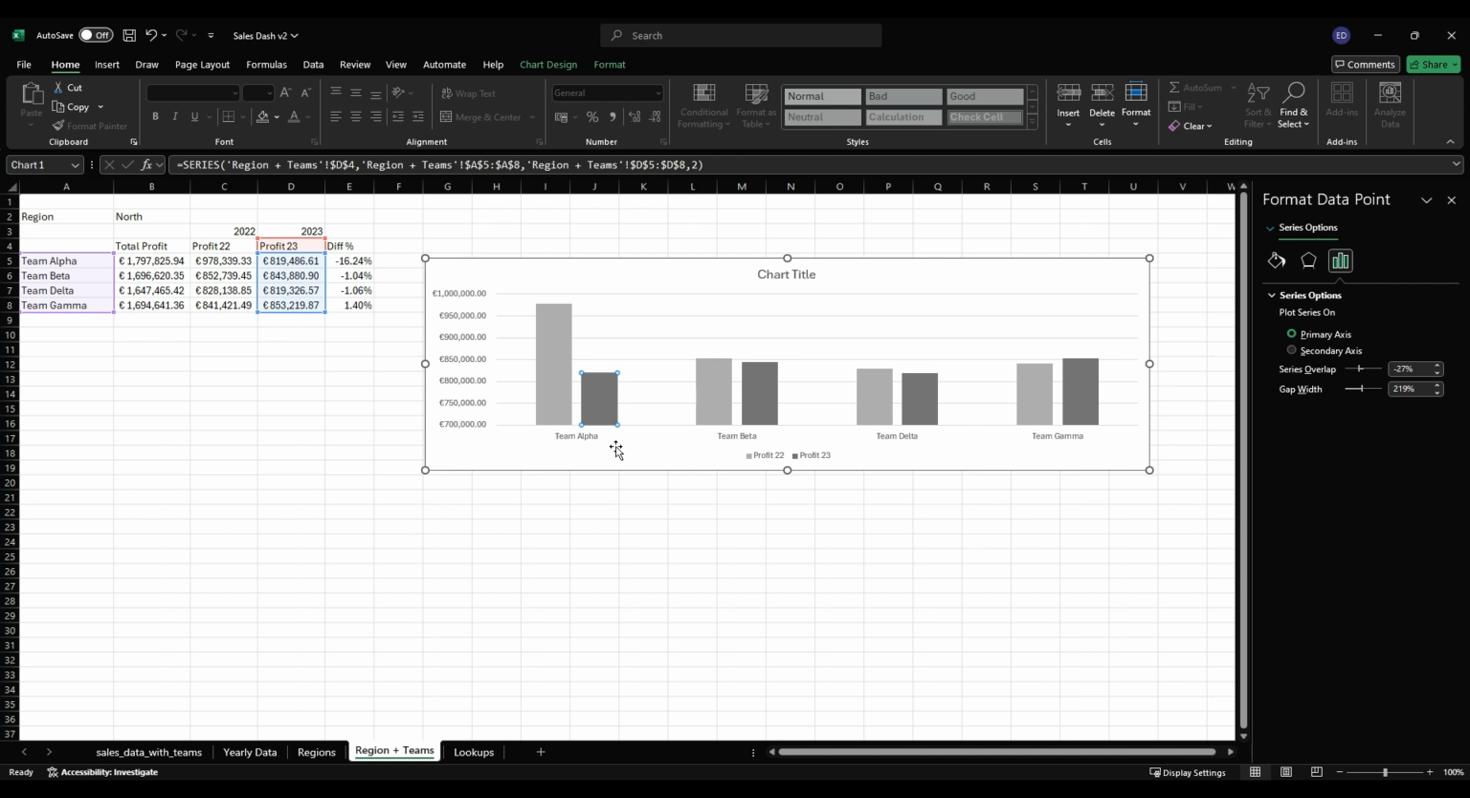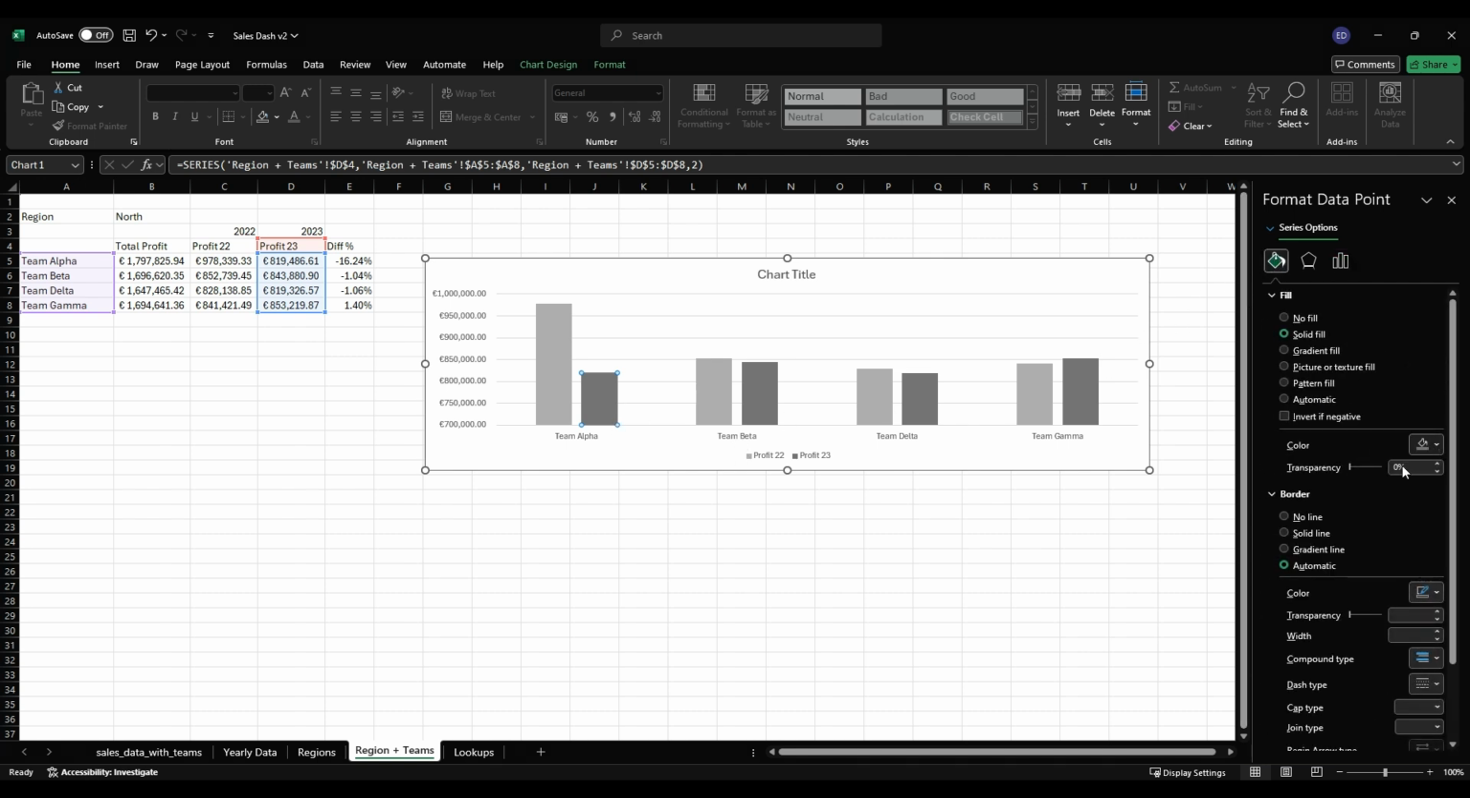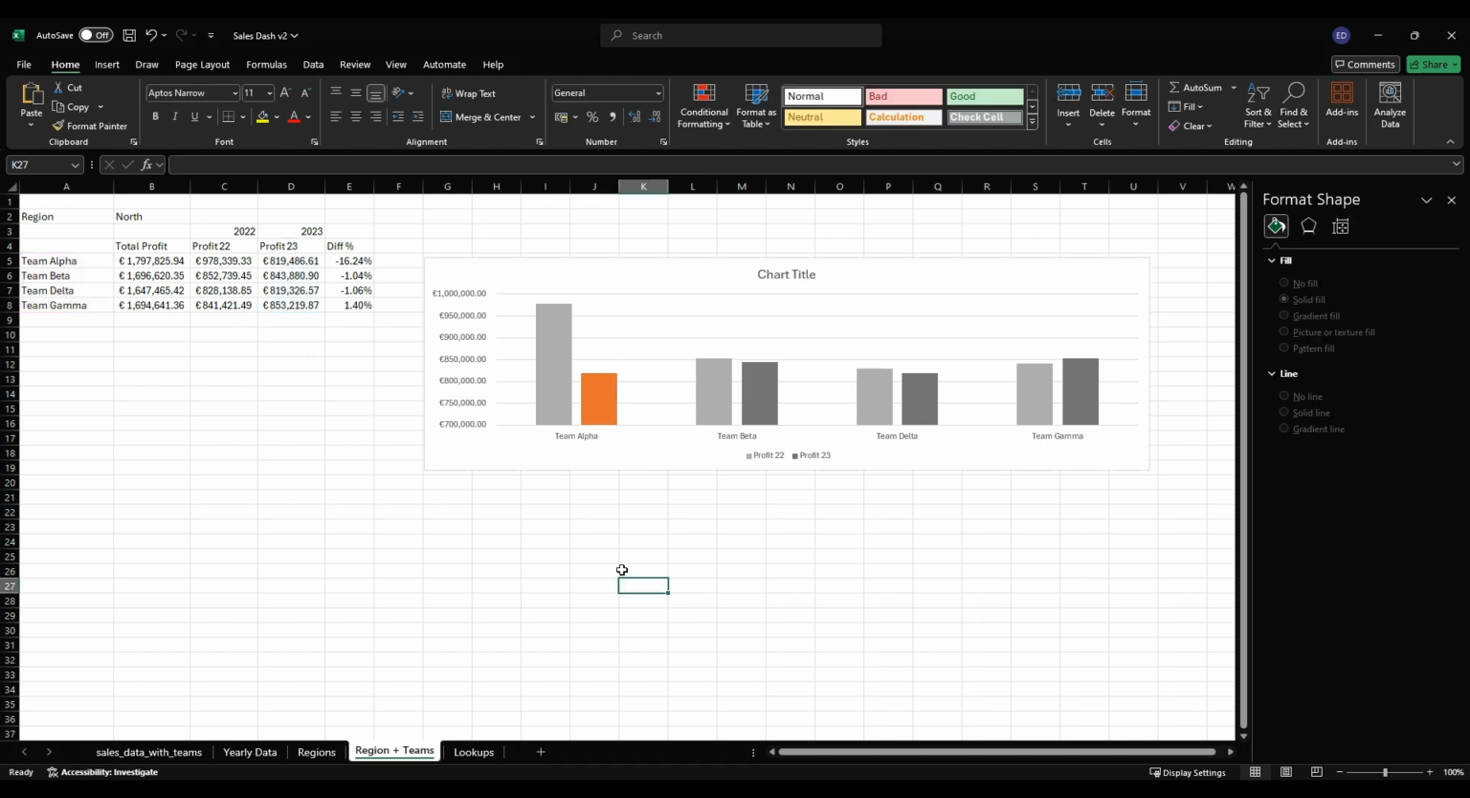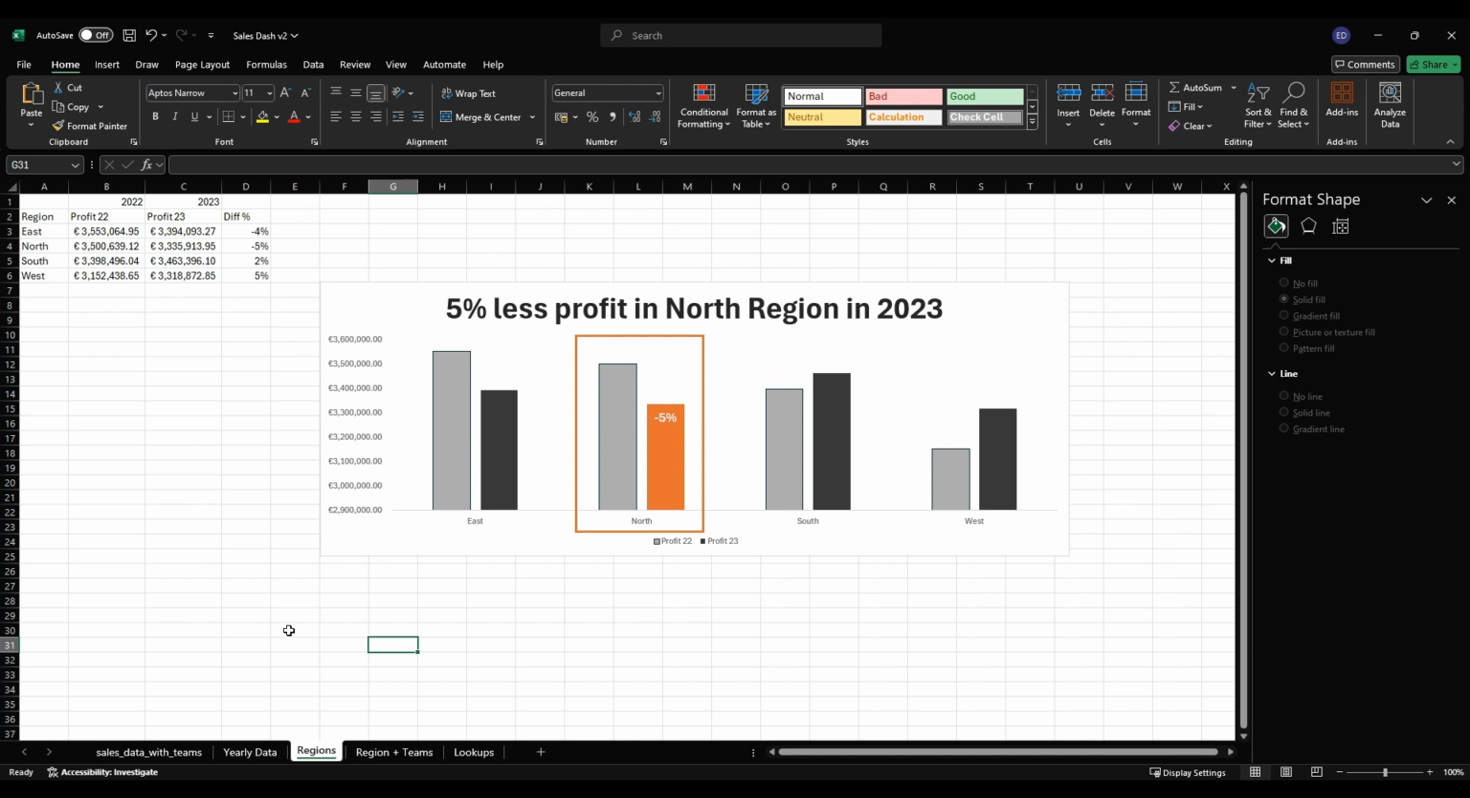So let's do Team Alpha, solid fill, and let's make that orange again. So why do I do the same color? That's a trick in data analytics and data storytelling. You use the same color to highlight certain things. So every time you show a chart